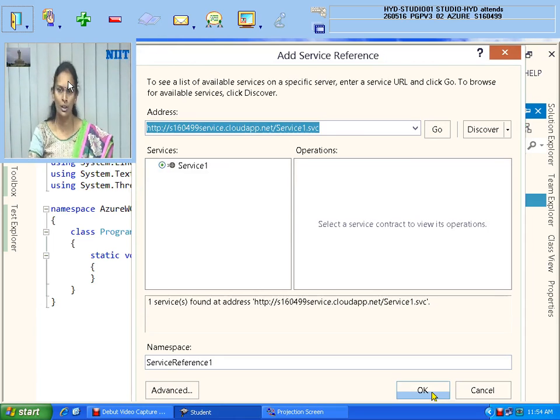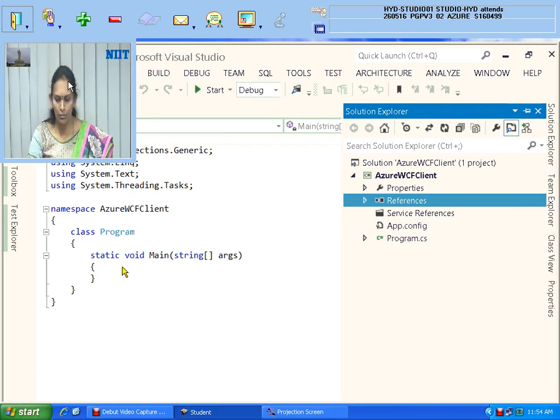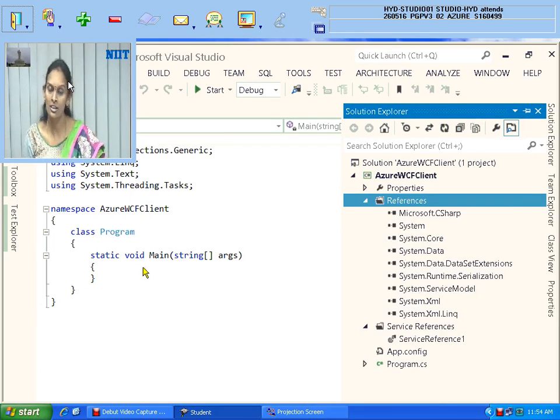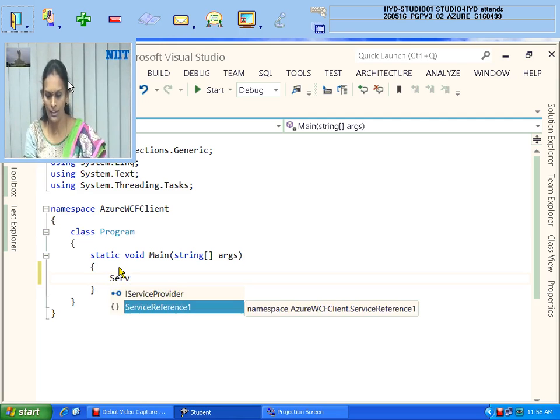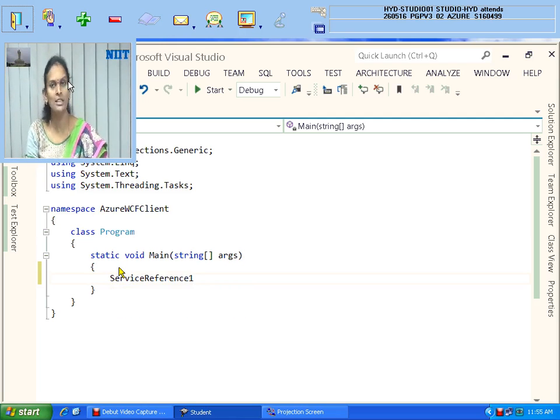I'm clicking OK. Now, in order to call the functionalities of your service, you need to create an object for its class. The class name is Service1, and the Service1Client is the name you will find here. Your reference is ServiceReference1 dot, and immediately it will show the client class.